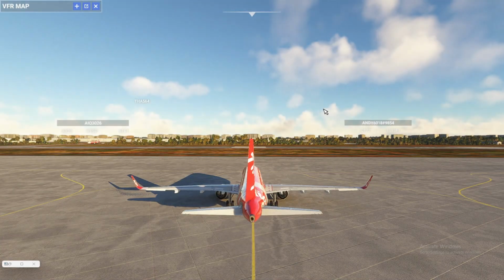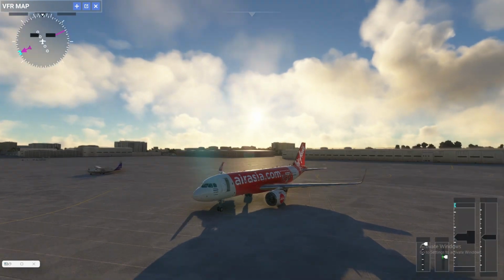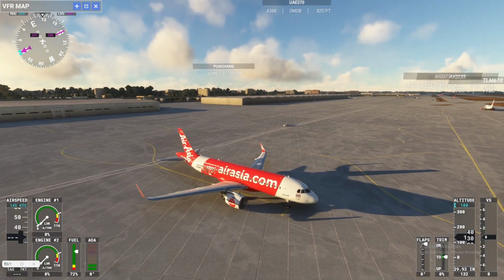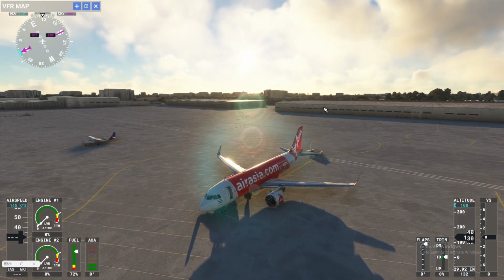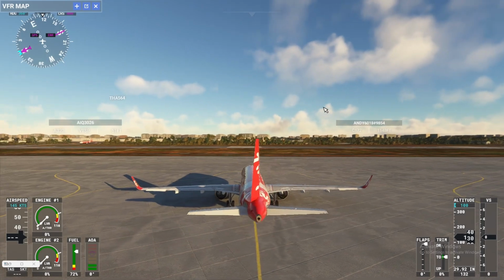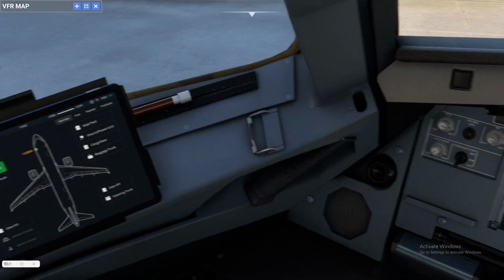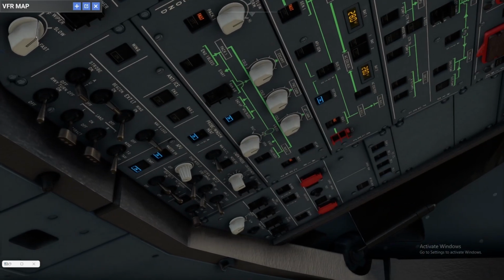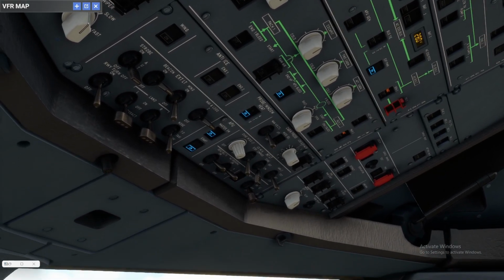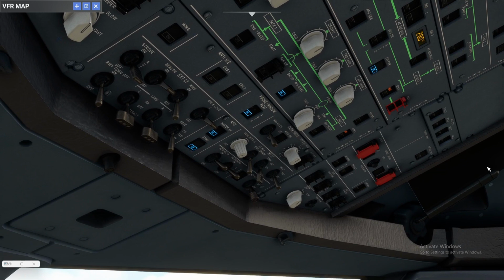Okay, let's see, yep, and just as I thought, there is no truck that's going to board my passengers. So we're just gonna use the old way of using a ladder, or just make them jump up. That's also a way of doing it, but I'm just going to cut to the part where the APU started,